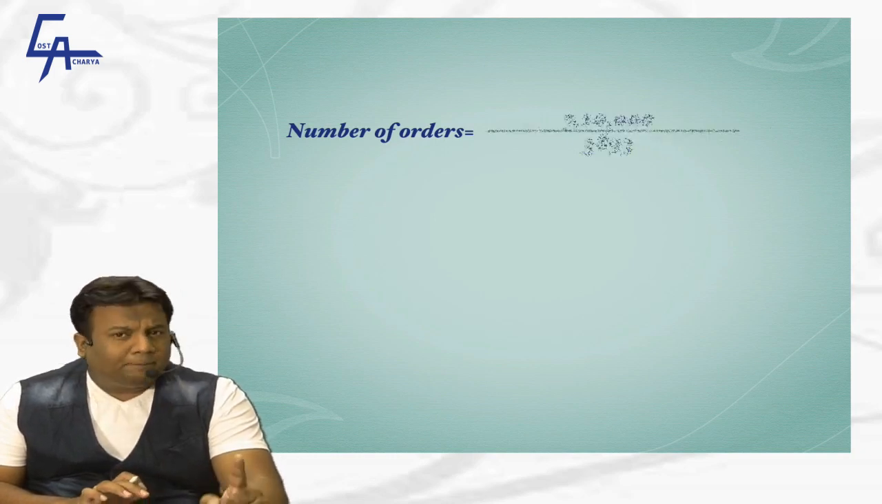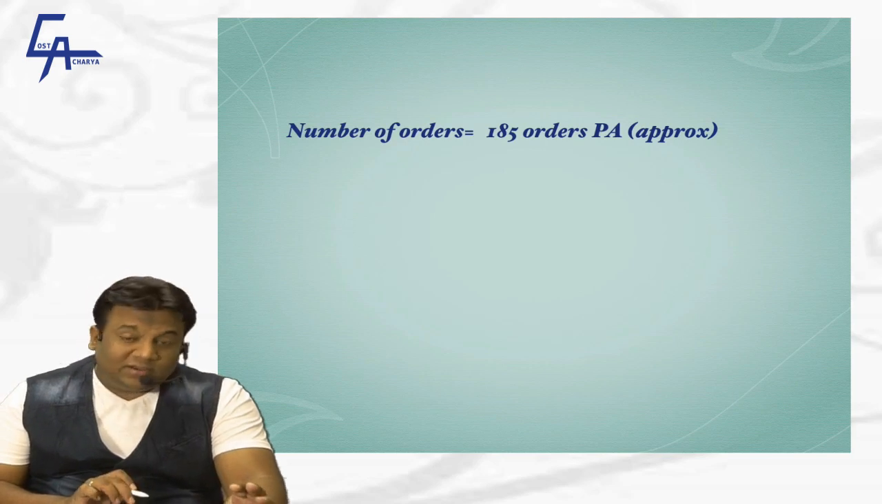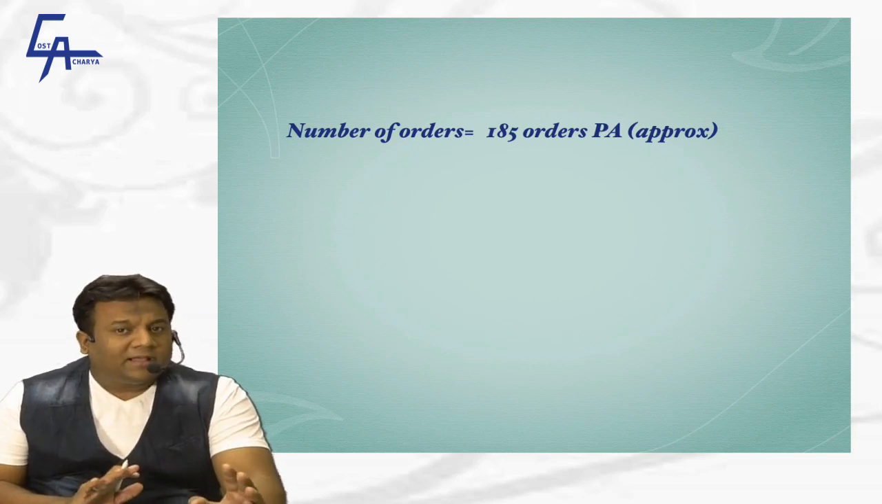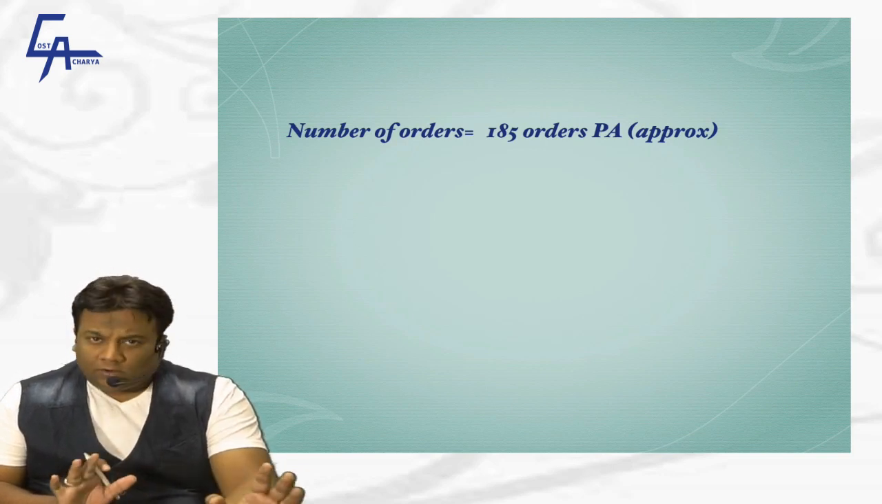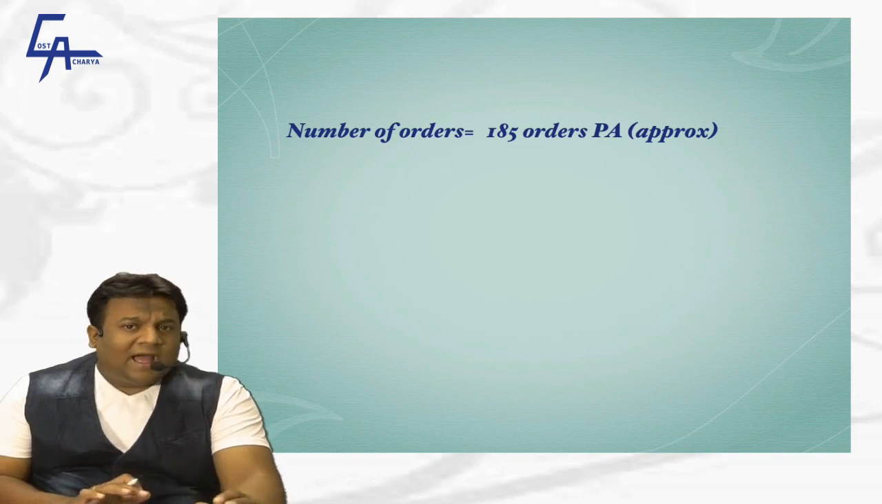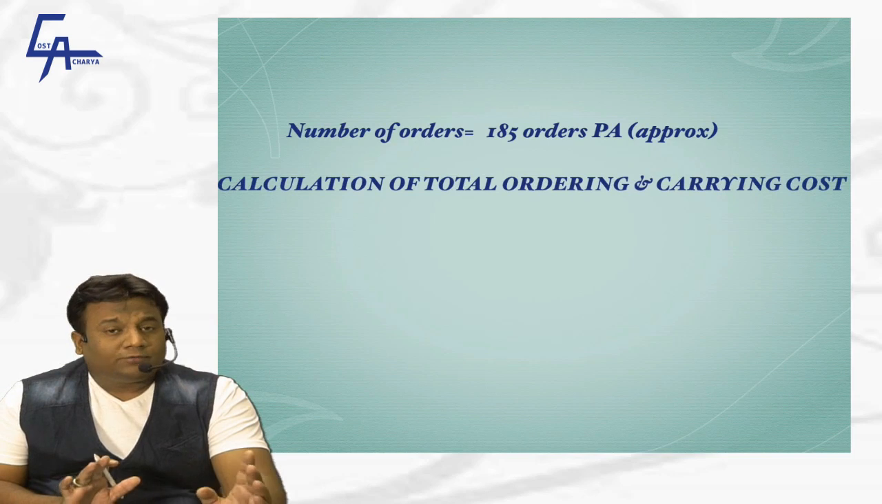So that will be approximately 185 orders per annum. All right. Please mention that separately. It is an approximate answer. So you will be very clearly speaking that you have rounded off the answer. All right. So with that, next thing that you have to calculate is the calculation of the total of the